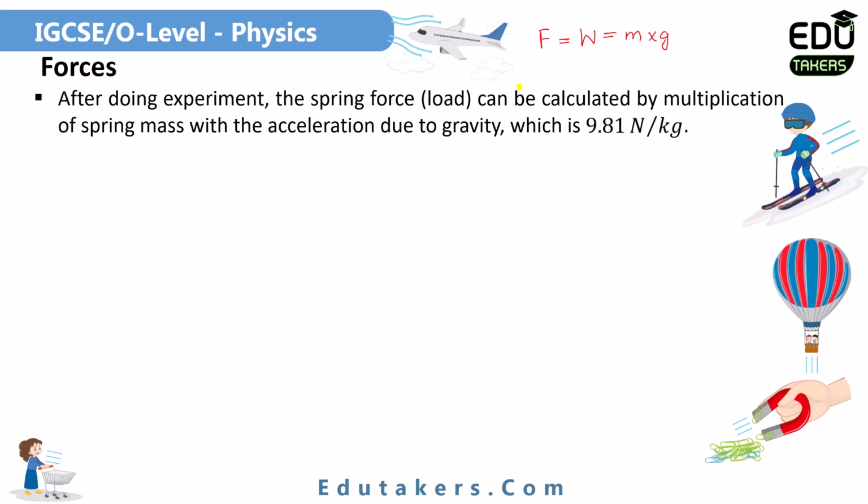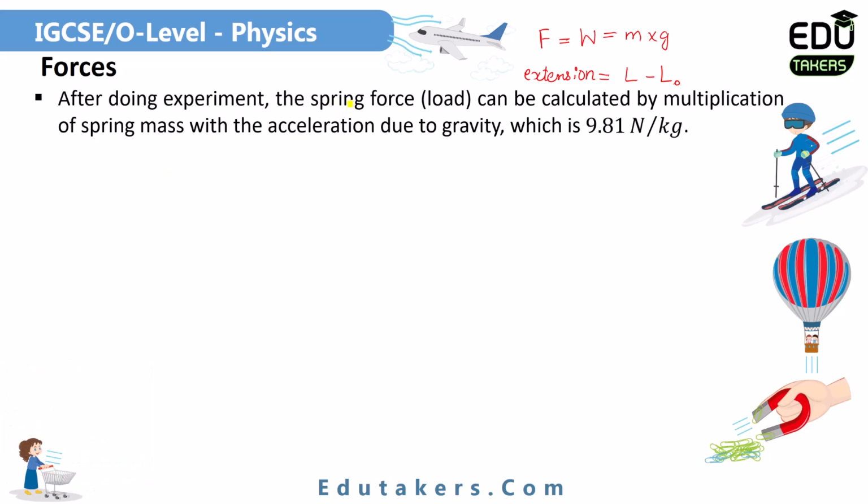Next thing, you have to calculate the length, which is basically called the extension of the spring. It is equal to the final length when you attach the masses or the load with the spring, which is L, minus the initial length when you don't attach any mass. It is L naught. Subtract both of these values to find out the extension. So you have to use both of these formulas when you have to calculate the spring constant as well as the extension. The same thing is given here.